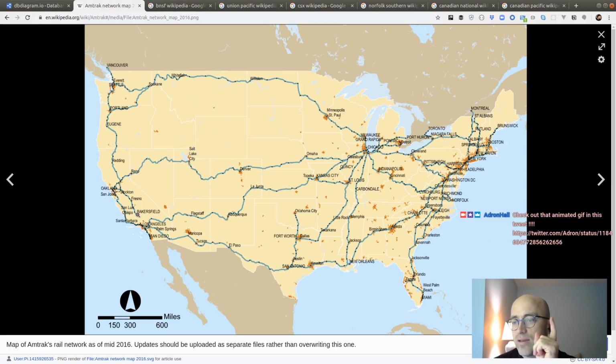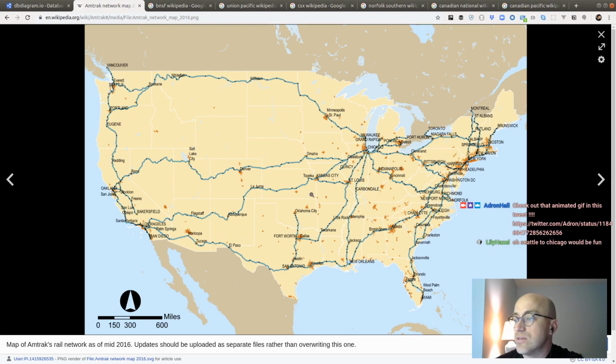Oh, I lied. Bakersfield to here, I haven't been on that little section, and I haven't been Oklahoma City to San Antonio. Or this up to Texarkana, Little Rock, and on to St. Louis. I haven't been on that section. So I just learned some new tracks that I need to go ride. I need to take some trains on those. And look, Kansas City to St. Louis. Huh. Yeah, cool beans.